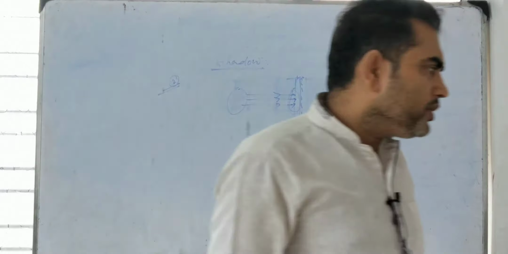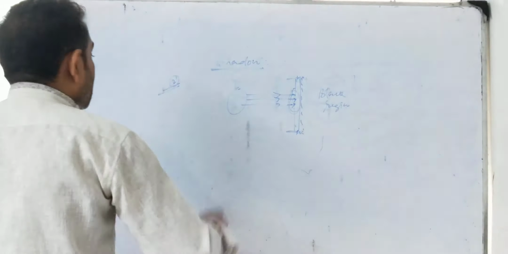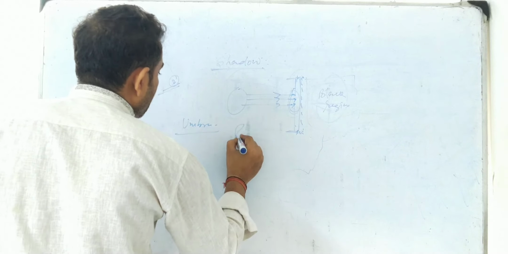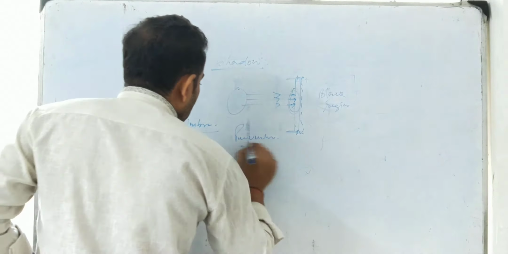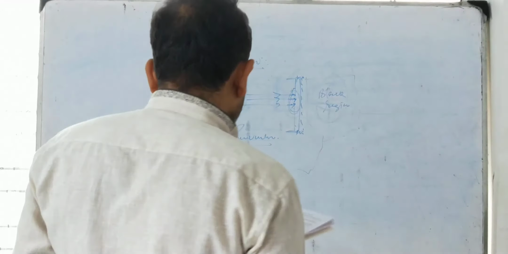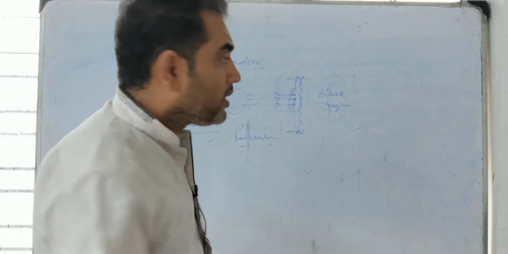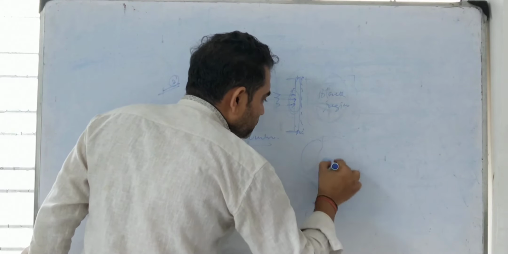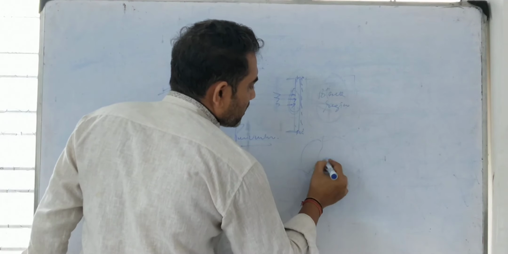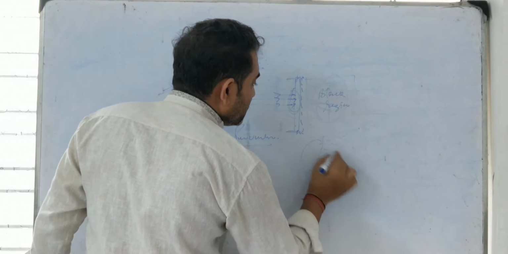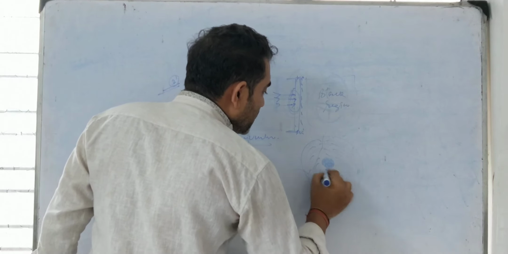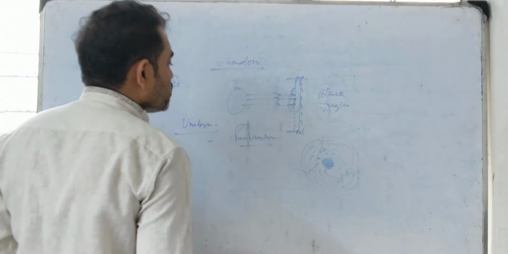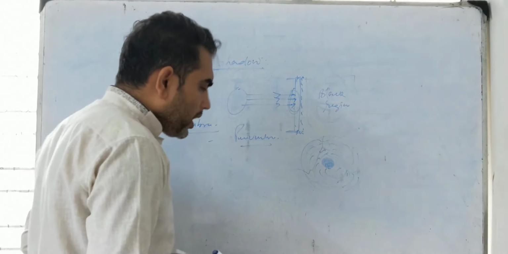And next, there are two categories: one is the umbra and the other is the penumbra. So the shadow has two categories, the umbra and the penumbra. Whenever there is shadow formation, you will find one region that is completely dark and another region that is less dark. The less dark region of a shadow is said to be the penumbra and the completely dark region of a shadow is said to be the umbra.